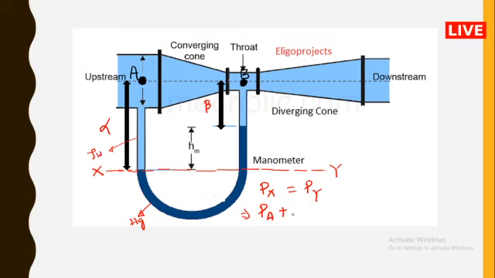So I can write: pressure at point A plus density of the water into G into alpha